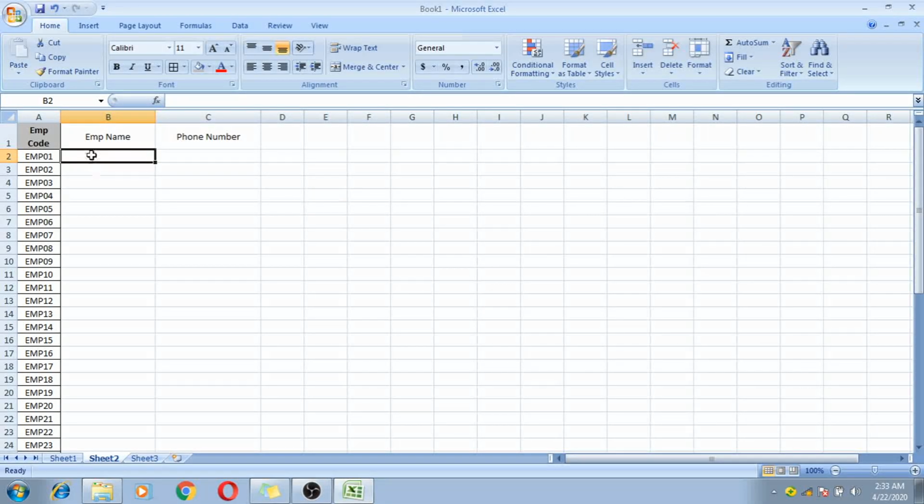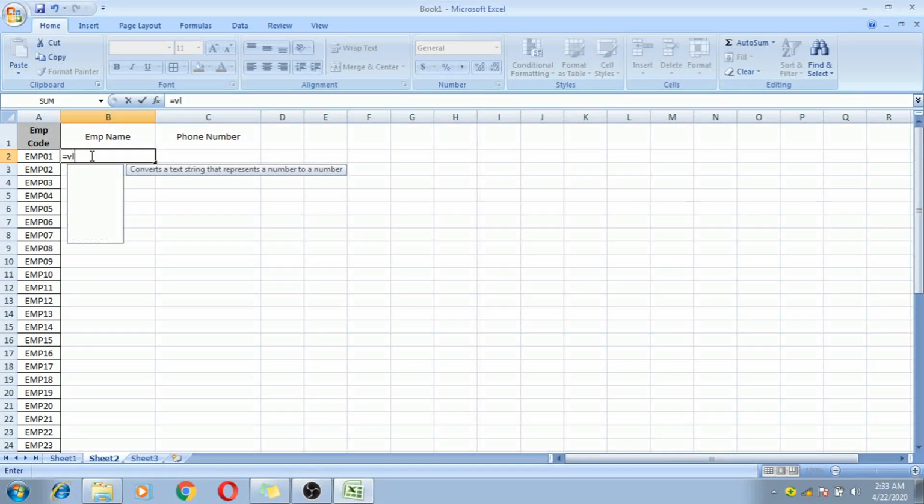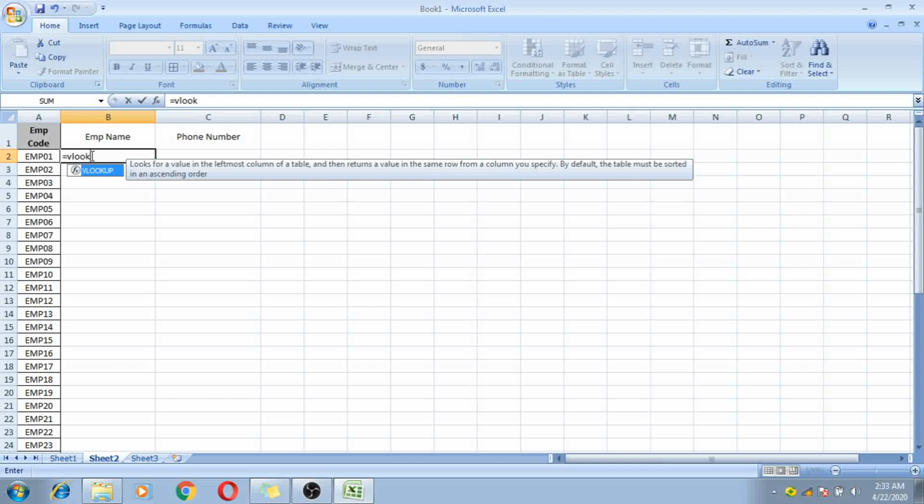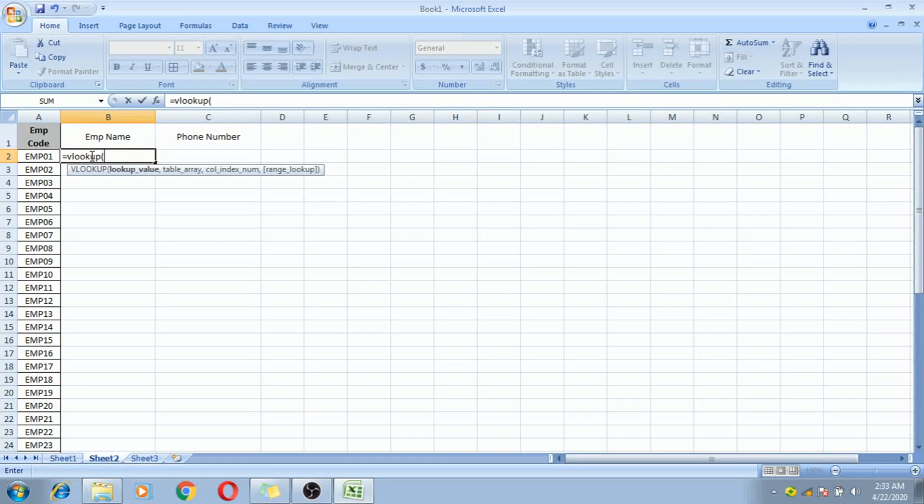So just click on that cell, then write an equal sign, again write VLOOKUP, then bracket open, then give the lookup value. Instead of giving any particular value, I will give the address of the employee code.